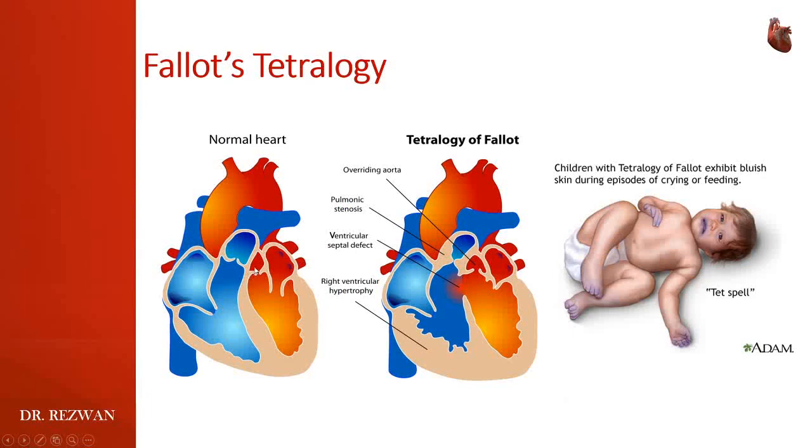So this is the clinical picture of the tetralogy of Fallot, where we can see the normal heart and the abnormal heart, and due to the mixture of the oxygenated and the deoxygenated blood there will be cyanosis. As we can see, the baby is having central cyanosis, like bluish discoloration of the fingertips and also lips.